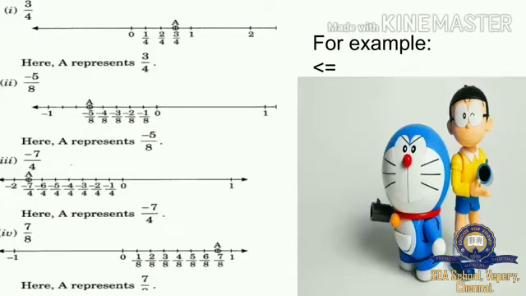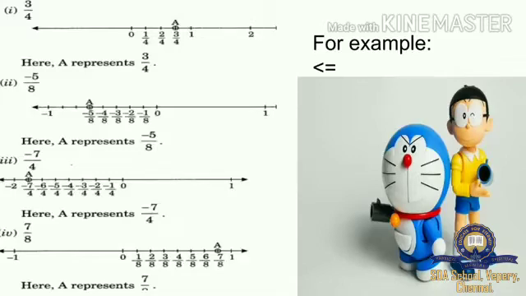Here the question asked is minus 5 by 8. Where will it lie between 0 and minus 1? The correct point on this line is as follows. Starting from 0, we point 1 by 8, 2 by 8, 3 by 8, 4 by 8, and minus 5 by 8. Here we are pointing the value as A. Answer: A represents minus 5 by 8.